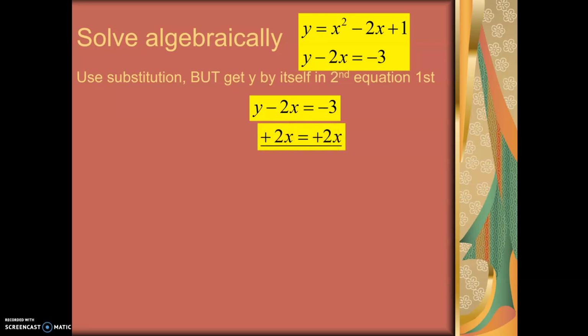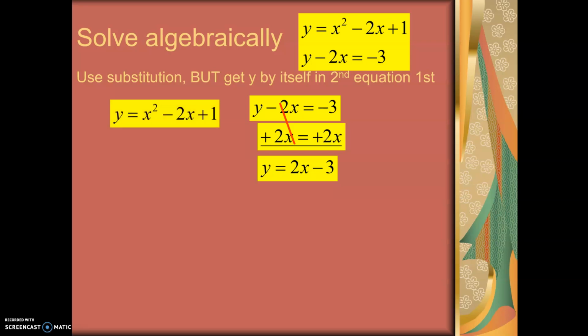in the second equation by adding 2x. And I have y is equal to 2x minus 3. And now I can replace y with 2x minus 3. Or I could even replace y over here with x squared minus 2x plus 1. However, let me just go down this other path. So the other thing I could do is I could put this in here for y, in which case I